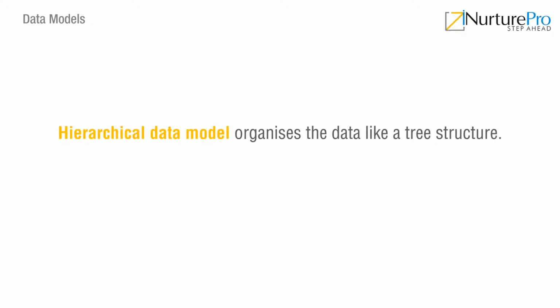In hierarchical data model, the data is organized like a tree structure. It simply represents the data using parent and child relationship. Hierarchical data model is an old style of organizing or storing data, and still some organizations use it. It follows one-to-many relationships, which means all parents can have more than one child, but each child should have only